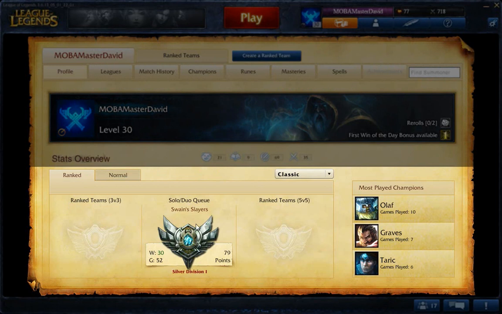And down here you get your stats overview. You can see your actual ranked. What's the word I'm looking for? Ranked placement, I guess, and it'll show you what league and division you're in, as well as how many points, your wins, and your games played. It'll show you most played champions, and then